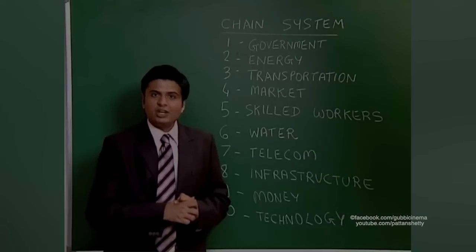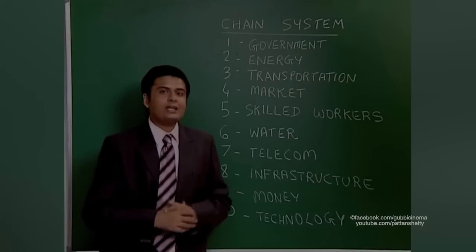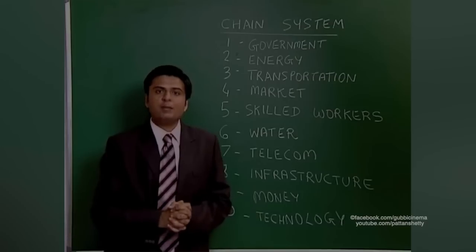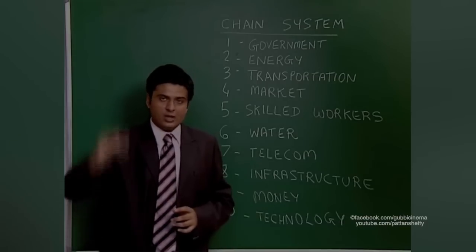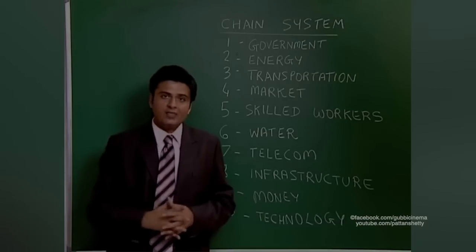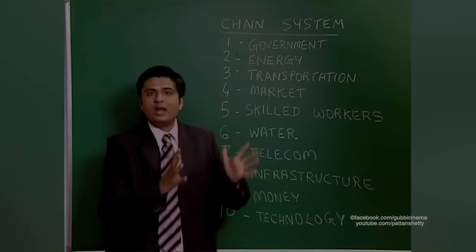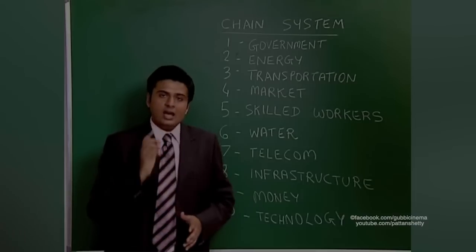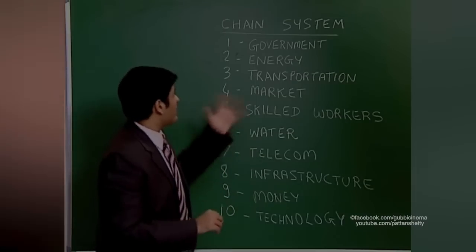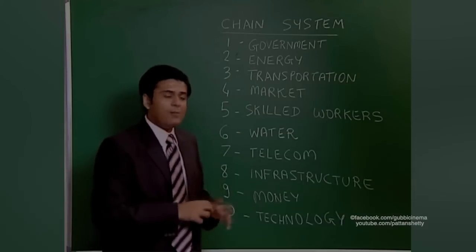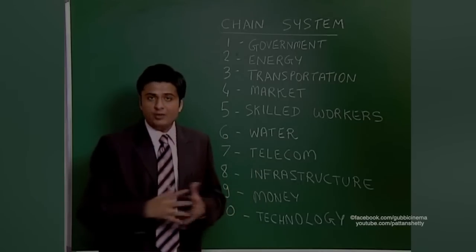Friends, we just saw the rhyming system where we link 10 points of the answer controlling pollution with 10 words: 1 bun, 2 shoe, 3 tree, like that. But there is a limitation with the technique. You can only remember one answer with the one list. Now I will teach you the chain system by which you can remember many answers whenever you are studying.